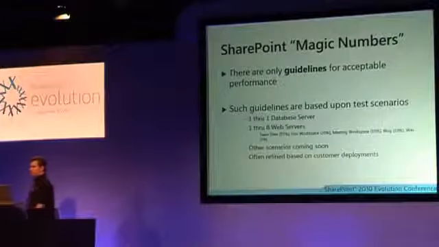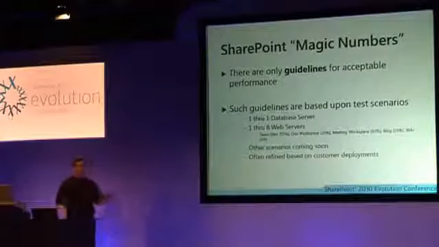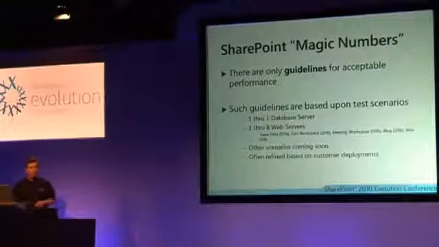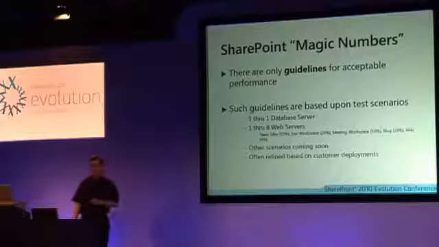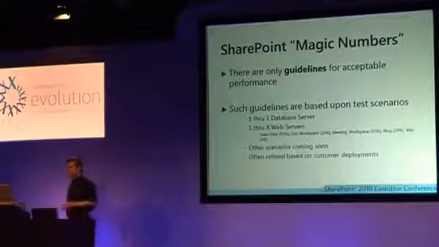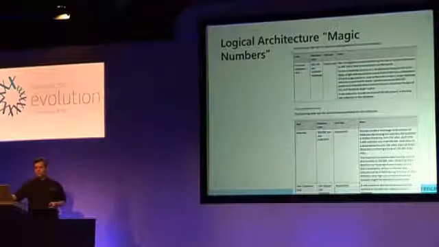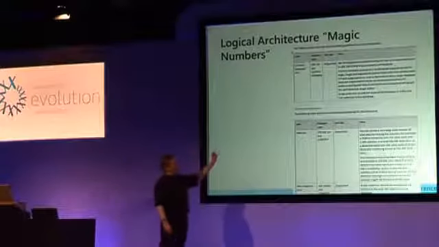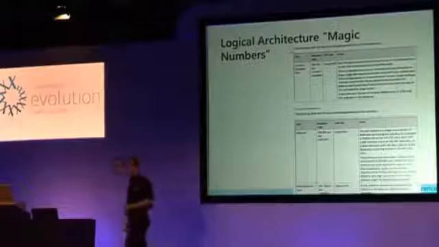We want other people to deploy it and build these metrics. So over time, this stuff is added to, and over time, you can expect some of these numbers to change as well. So way back when, we had a recommendation that you could have 50,000 site collections in a web application. That number changed to 150,000 6 months later. So don't get too tied up on these. The real point here is there are no magic numbers. Oh, just on content database size, the new 100 gig is now 200 gig for collaboration scenarios. If you're a record center or something like that, you can go up to 1 terabyte, and that will be supported.